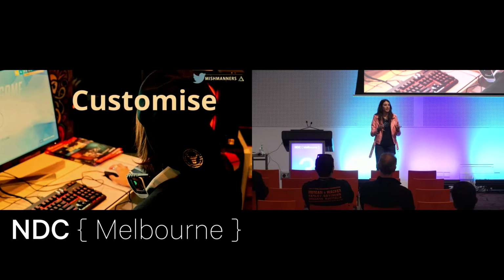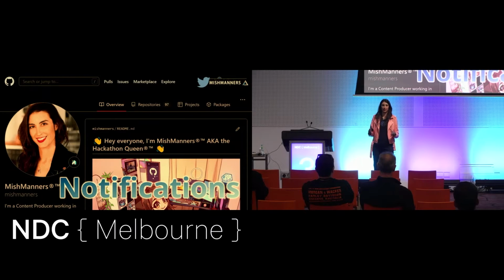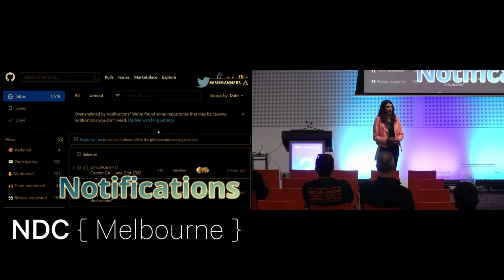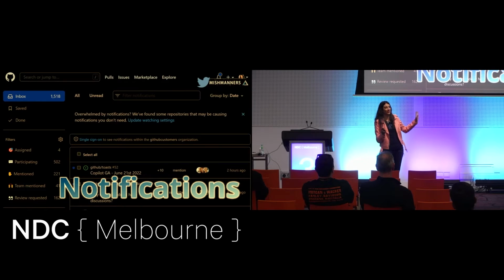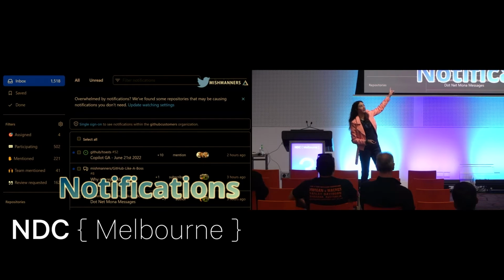But how do we actually customize the platform to work better for us? There's lots of different things we have that we can use to customize it. One of the first things I try and get people to go to is notifications. How often do you open up a social media profile for the first time and you're like, oh great, I got 50 million notifications now from Facebook. GitHub is very similar in that sense. If you don't customize your notifications, you're going to get notified by every single thing that you're assigned to, participating in, mentioned, team mentioned, requested reviews. You can see there I've got